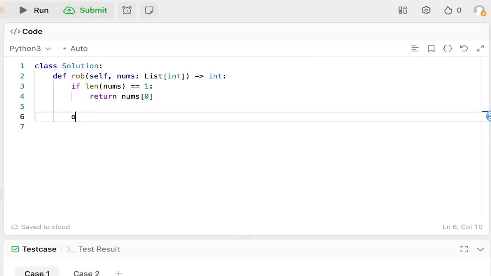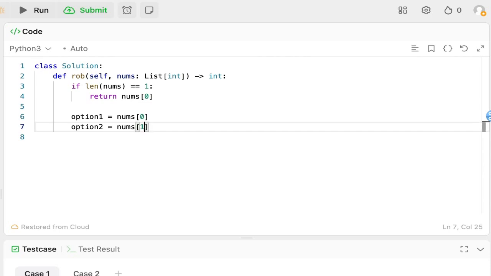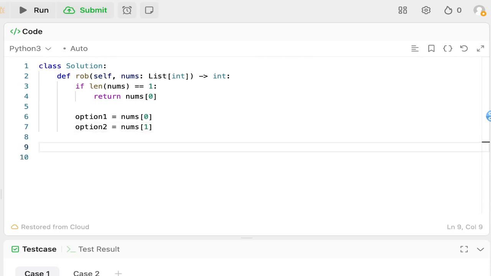Option 1 equals the first element in the list, nums[0]. Option 2 equals the second element in the list, nums[1]. Next, we will iterate from the second element to the end of the list. For i in range from the second element to the length of nums,